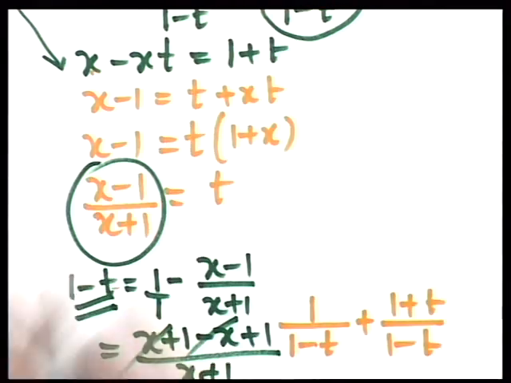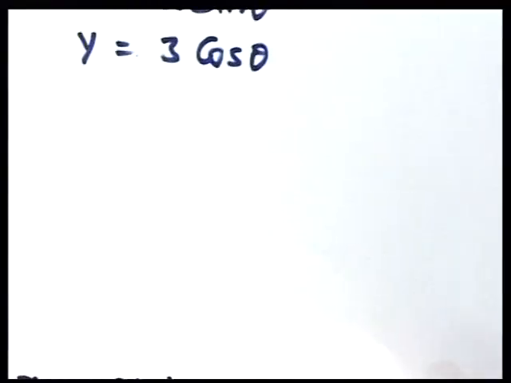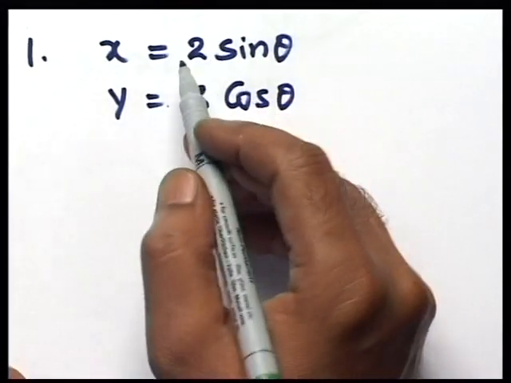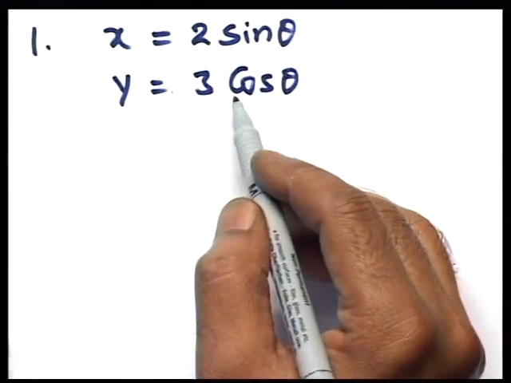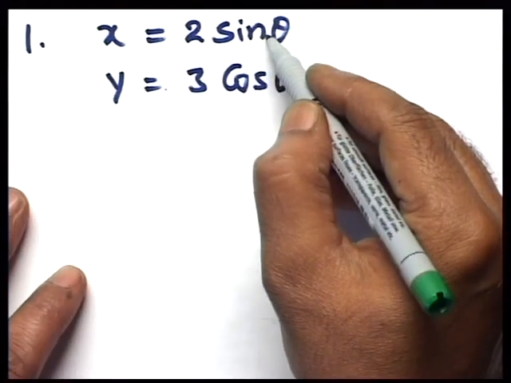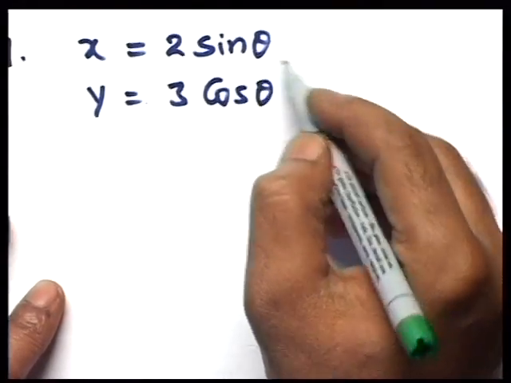Now, this is based on algebra. What happens if it's not algebra and we suddenly move into trigs? We still need to know all the rules from C3, C4, right? The sine, cos, tan, sec, the double angles, the basic fundamentals. Everything must come back here to actually solve these sums. We got the first one as x equals 2 sin t, y equals 3 cos t. The moment you see sine and cos, we are in sine squared theta